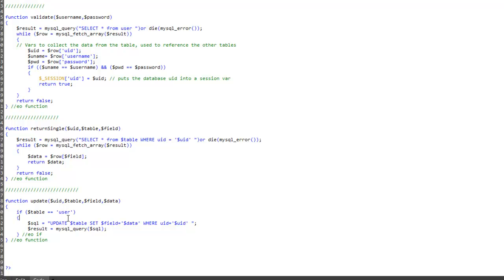But that'll be based off profile ID, not UID. So what have we got? We've got update the table, so that'll come in as update user, set the password as the new data where the UID equals the session UID that comes in. Okay, so if we save that,